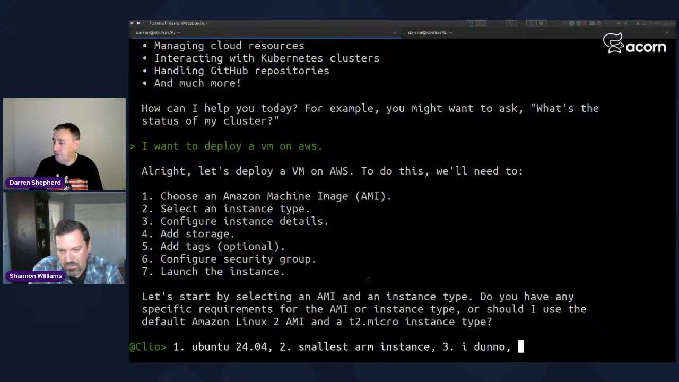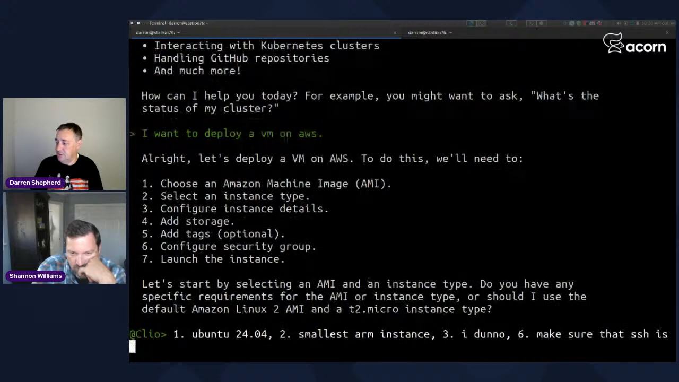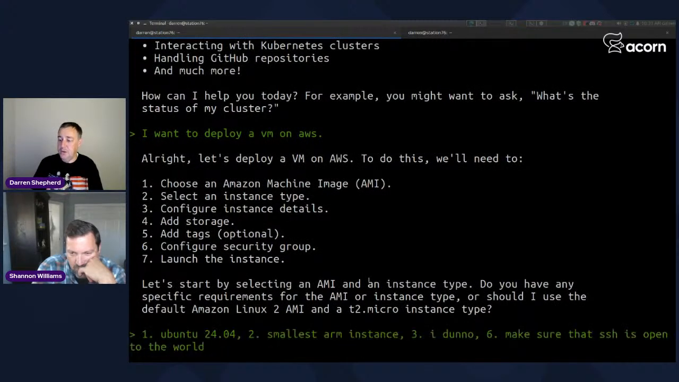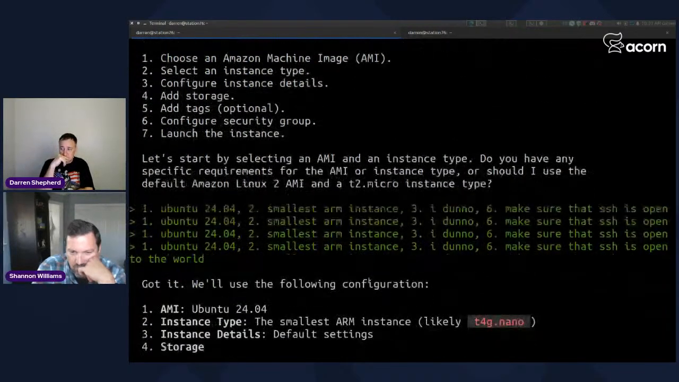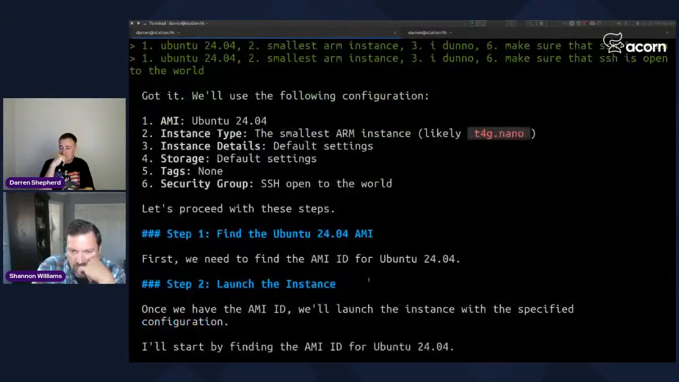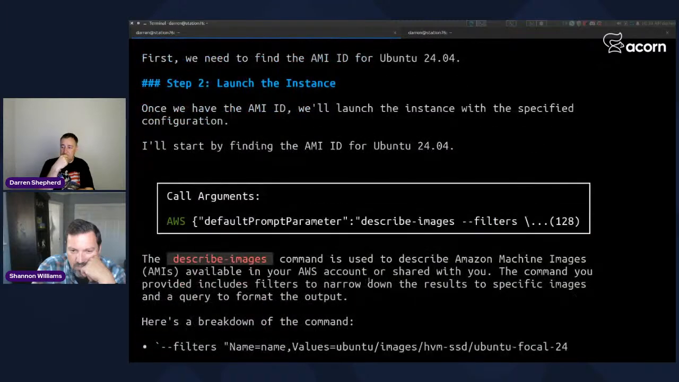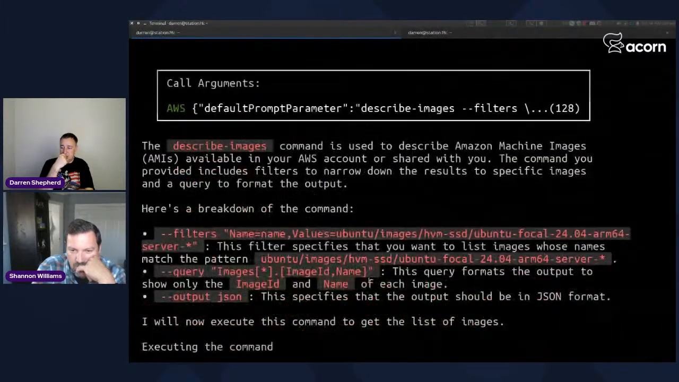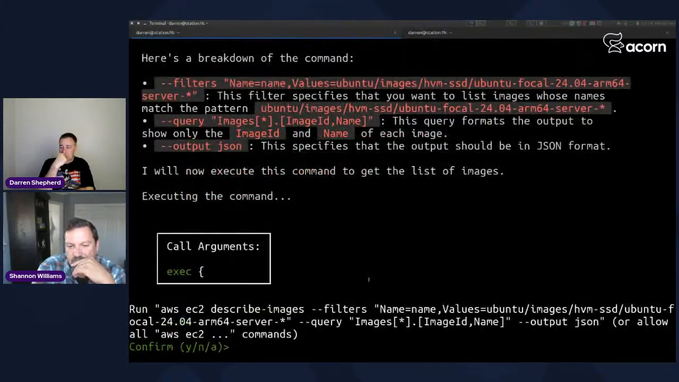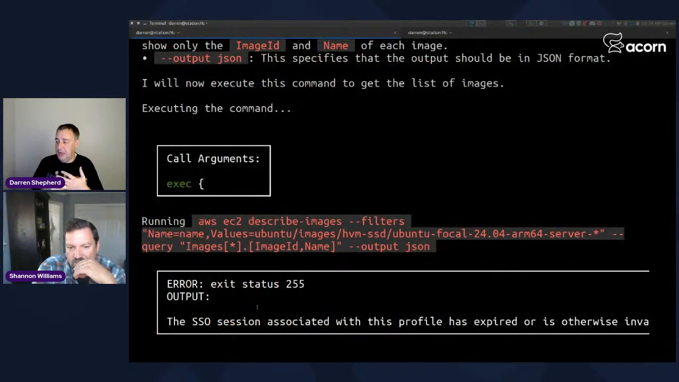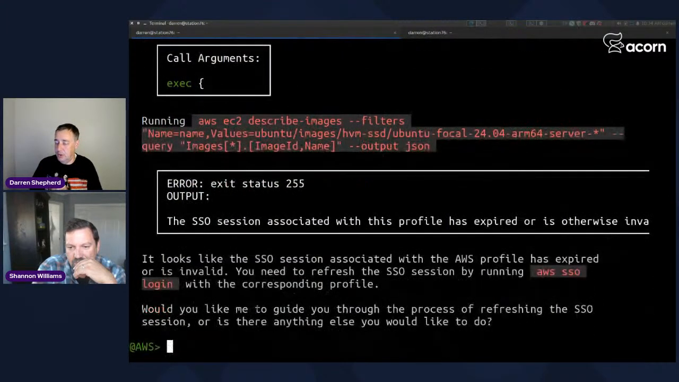Oh, and for 6, make sure that SSH is open to the world. Okay, let's see what it does. So it's trying to figure out, oh, what is it going to do? Yeah, it's trying to figure out the AMI for